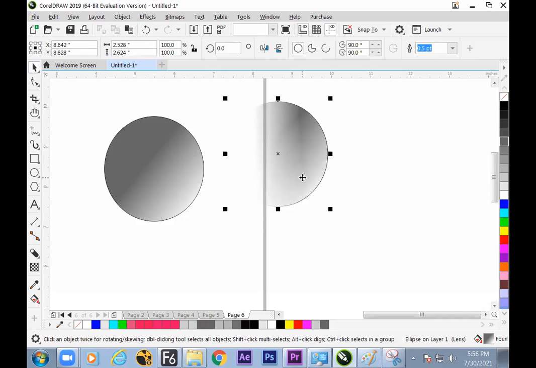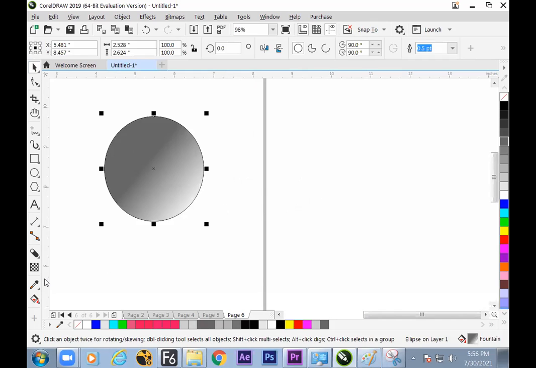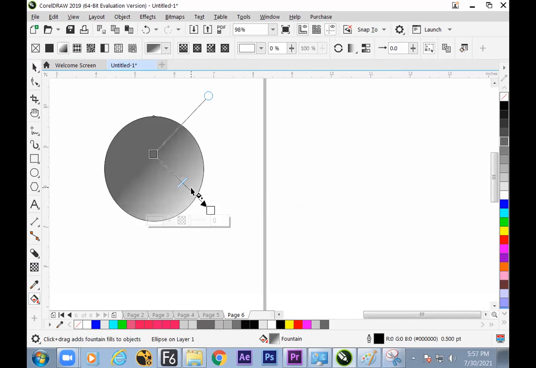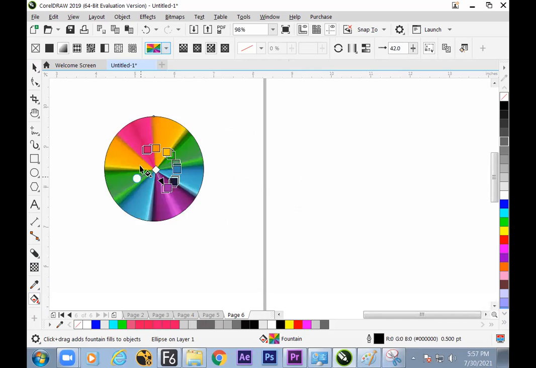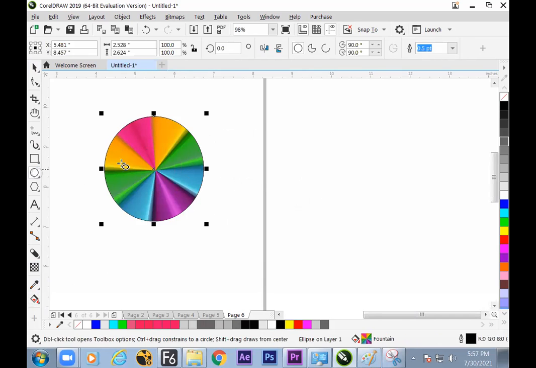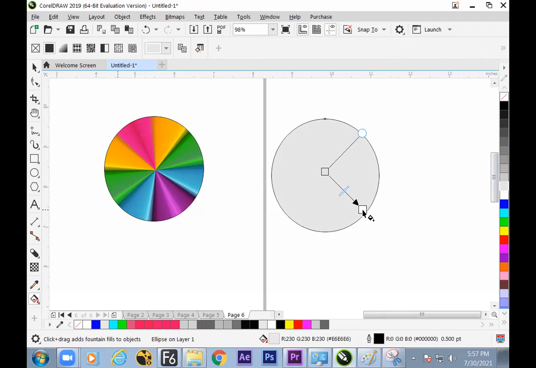Hope to understand this. I've taken this as an example, and now we have understood the difference between fountain transparency and the interactive tool. Interactive is a complete gradient-based tool where you can change the color, add a color, remove a color, and change the position of the color. There are a few predefined sets of colors, so let's see how to add extra colors.